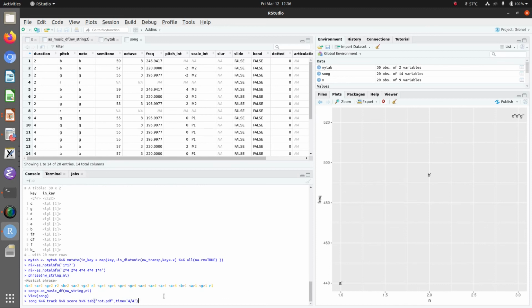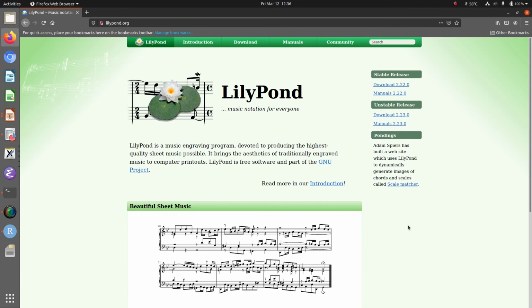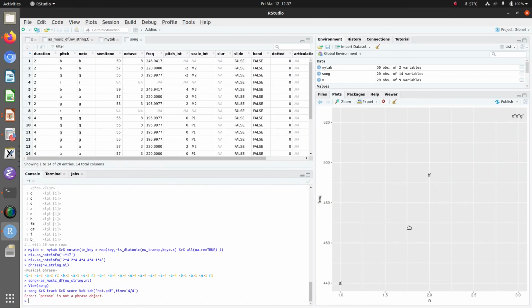And if you have installed the LilyPond library, which is an open source tool that runs outside of R, a separate entire program from R, that allows you to render sheet music, and in fact it also renders MIDIs as well, that is something that R can interact with through Tabr, and Tabr will automatically call LilyPond for you. So coming back to here,